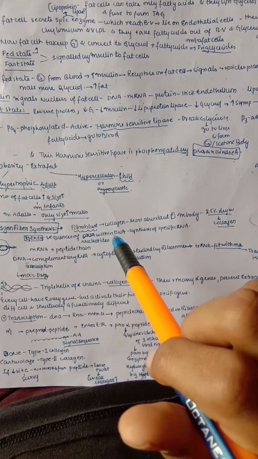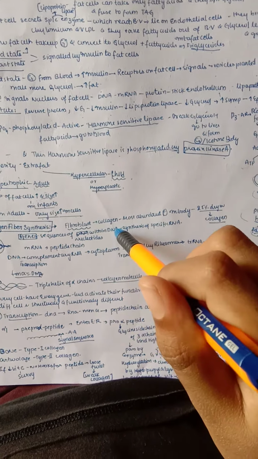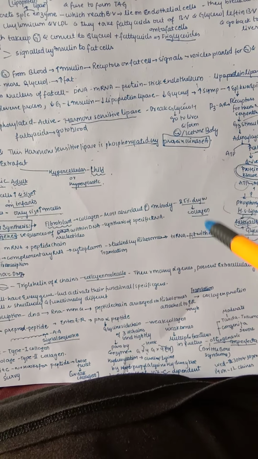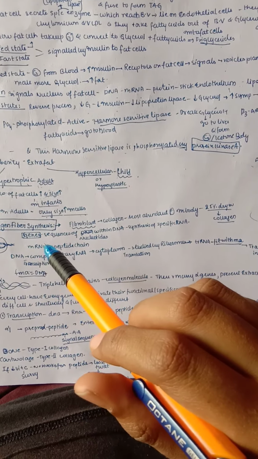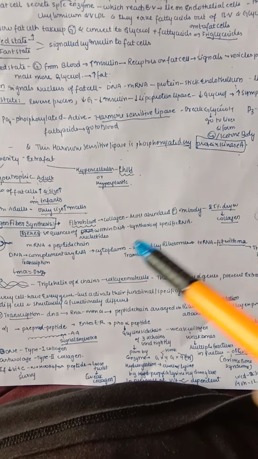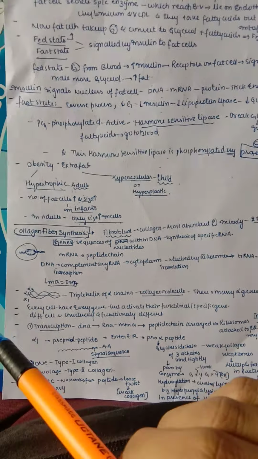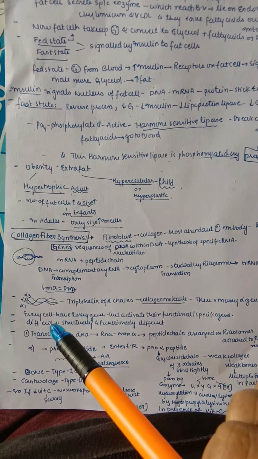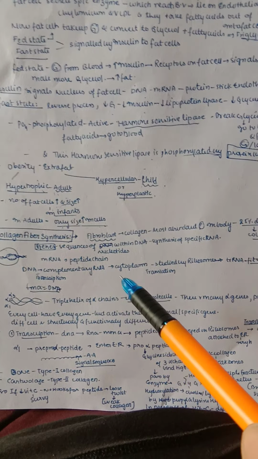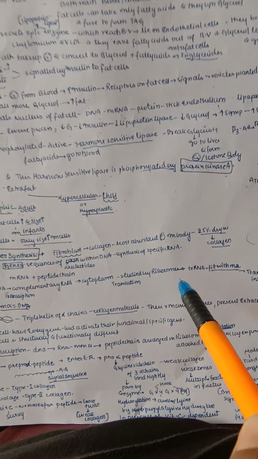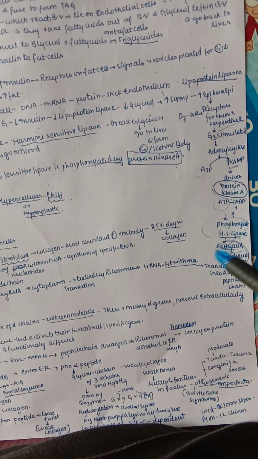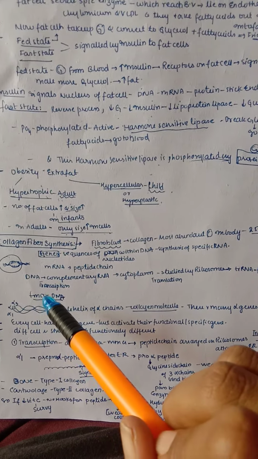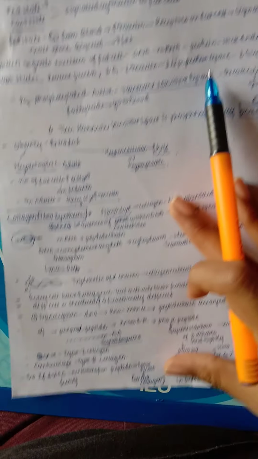The fibroblast forms collagen, an important cell we know, and collagen is the most abundant protein in the body. About 25% of our dry weight is mainly collagen. The genes are sequences of nucleotides within the DNA and the synthesis of specific RNA. This is biochemistry, we all know how genes are formed. So mRNA to peptide chain, DNA complementary RNA, cytoplasm. Next, translation is done by ribosomes, tRNA fits with RNA and is translated into amino acids or a peptide chain. So tRNA is always equal to DNA in case of coding.